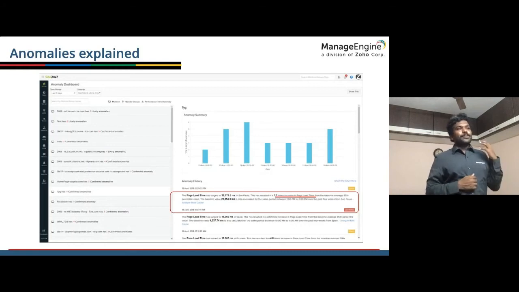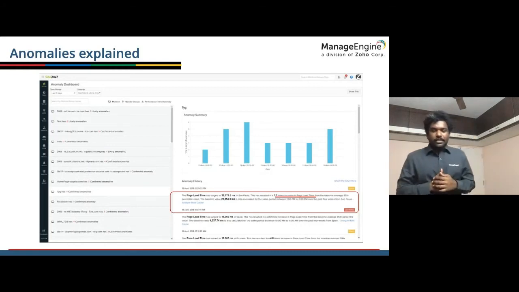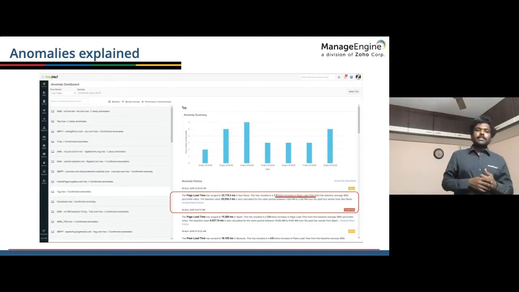Again, like I said, this anomaly also factors in the time aspect. For example, the number of failed logins. The same example we saw in security: the number of failed logins per hour on a Monday morning, 9 a.m. to 10 a.m., is like 10 failed logins per hour, which is acceptable. But if the same thing happens on a Saturday morning, 3 a.m., then something fishy is going on, right?